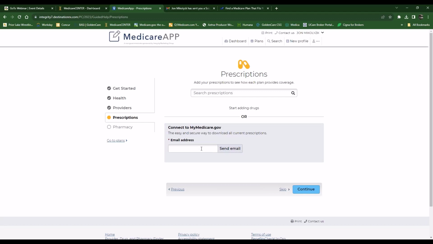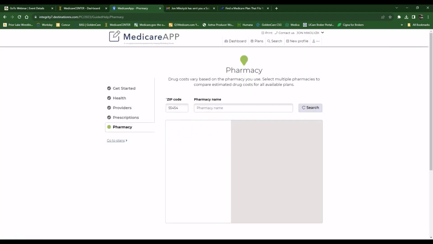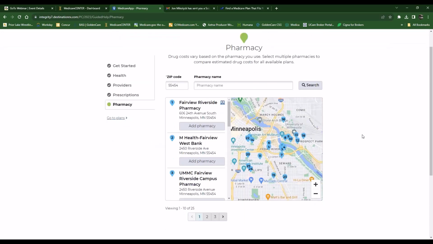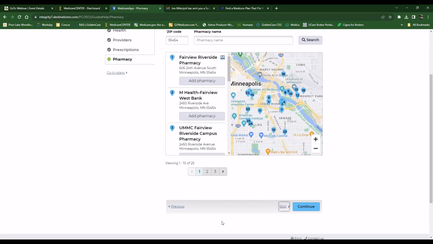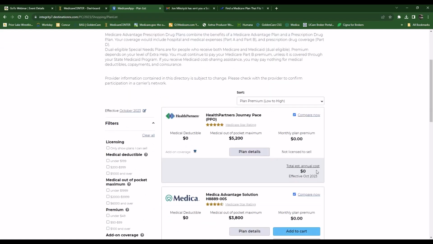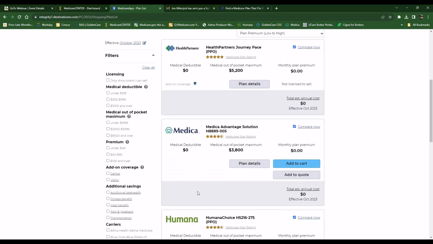You can do it line by line, or you can send them a link to access their mymedicare.gov account. Now, granted, they have to have that account set up prior in order to give you access. But if they do, it gives you a list because they've already put their prescriptions in there, and it will automatically put those prescriptions on their profile, and then add that cost to the plans when you're comparing those side by side. You can always put in pharmacies as well, to find whatever pharmacy is close to them that they want to use, but you don't necessarily have to do that. Go ahead and just skip those. So all those preferences then get saved